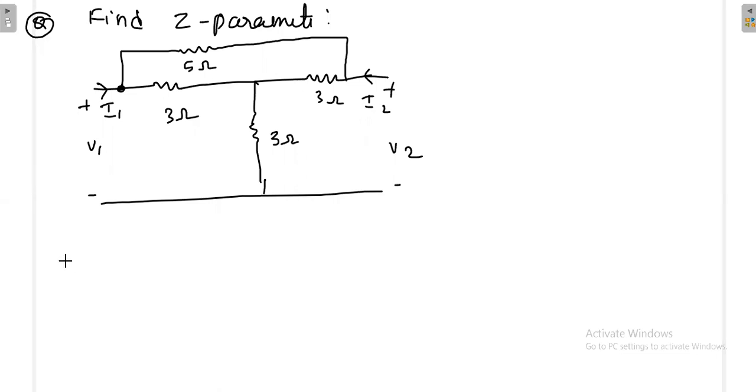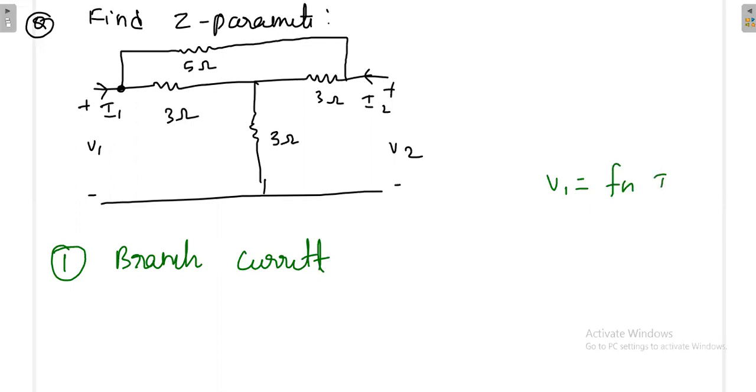First, you try it out with the branch current method. See, what is finally important? Finally, we have to make relationship V1 as a function of I1 comma I2. Similarly, V2 as a function of I1